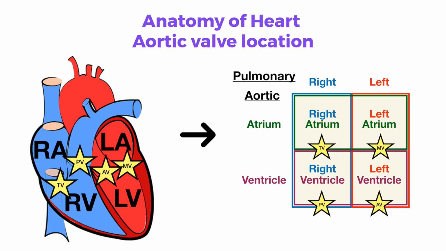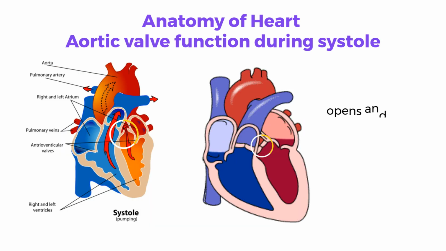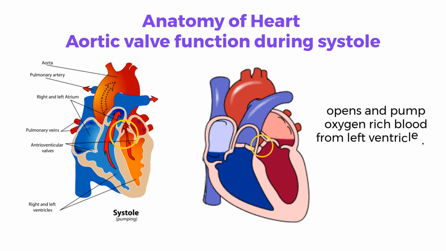Fourth and the last is the aortic valve. The aortic valve is located on the left side of the heart between the left ventricle and the aorta. We will discuss the aorta shortly. The function of the aortic valve is to open to pump the oxygenated blood from the left ventricle to the aorta during